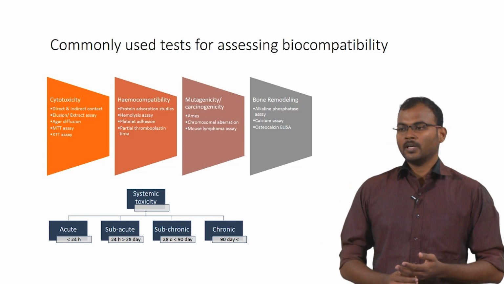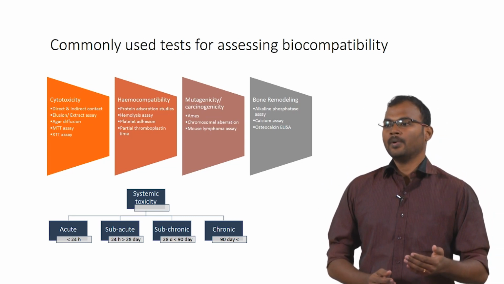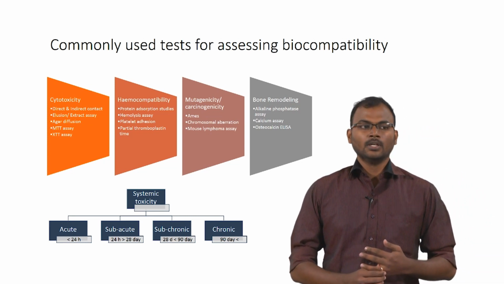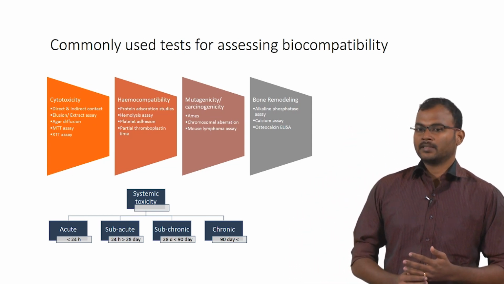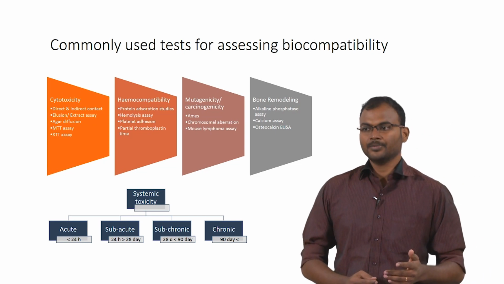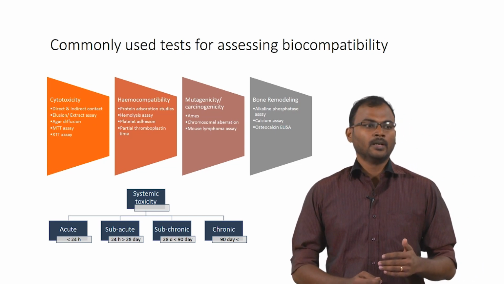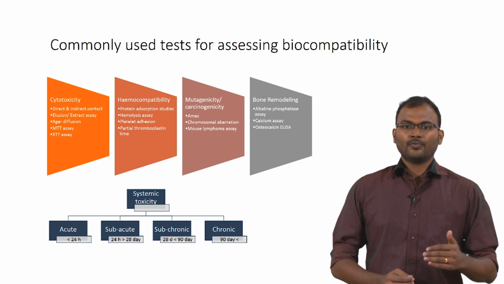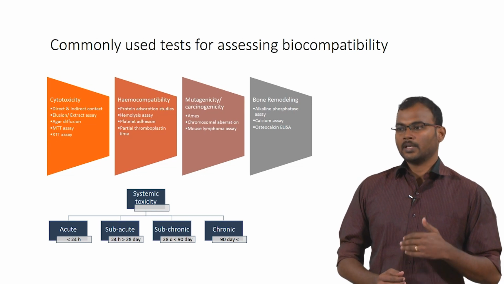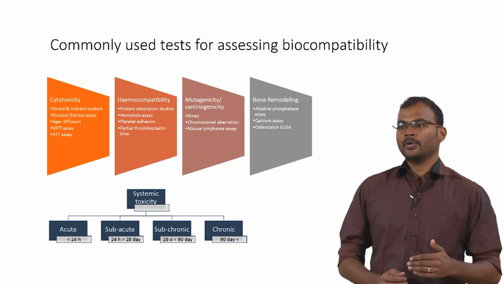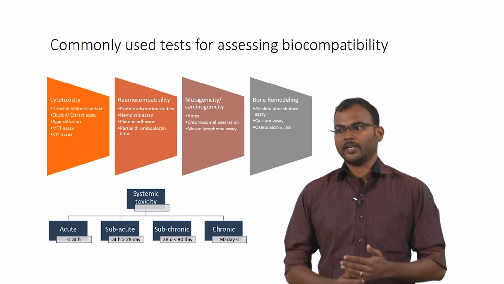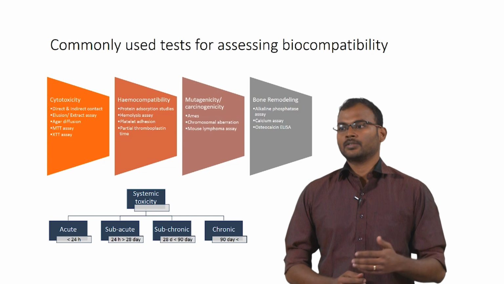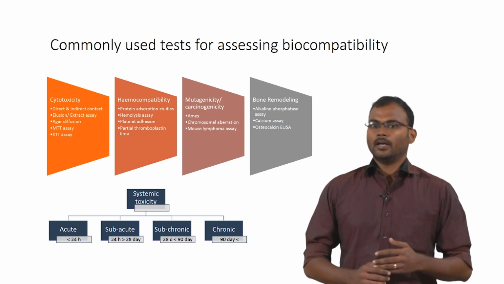The mouse lymphoma assay is similar to the Ames assay, but we do it in mouse lymphoma cells. These cells have a thymidine kinase enzyme, which is knocked out, and they supply thymidine. So, if your compound can mutate the cells, then they can use that thymidine. By that you will understand whether your compound is causing a mutagenic response or not.